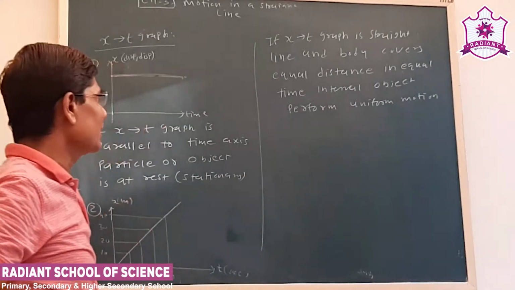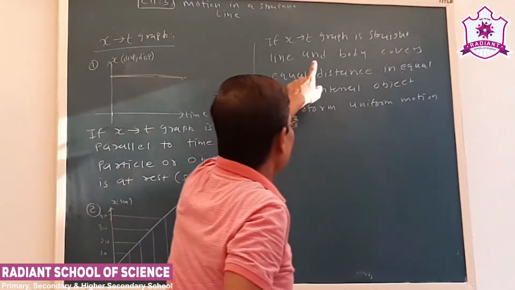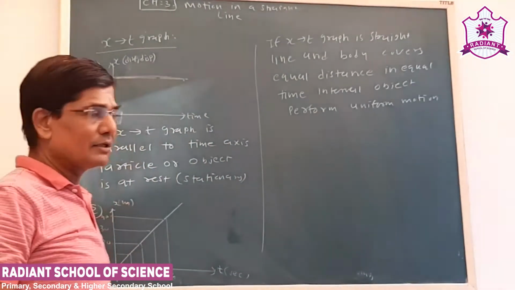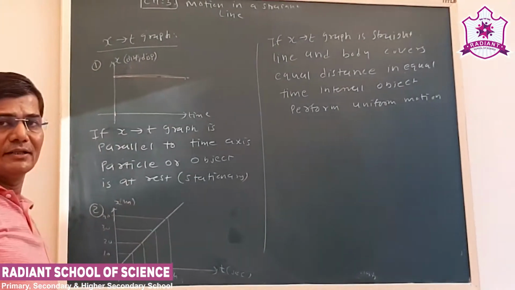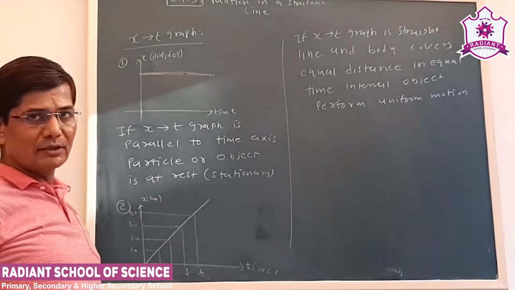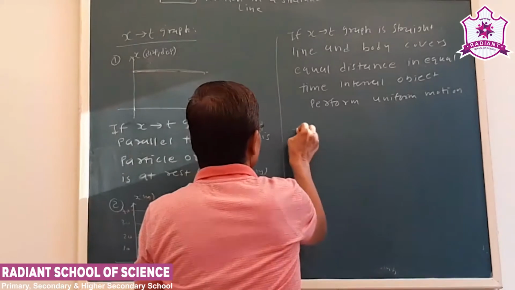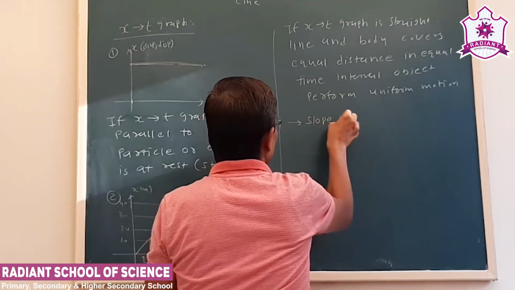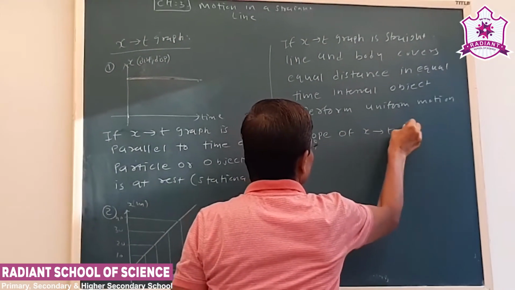Okay, so if the x versus t graph is a straight line and the body covers equal distance in equal time intervals, we say it is a uniform motion. Now see the slope of the graph, that we have to remember well. Slope of x versus t graph